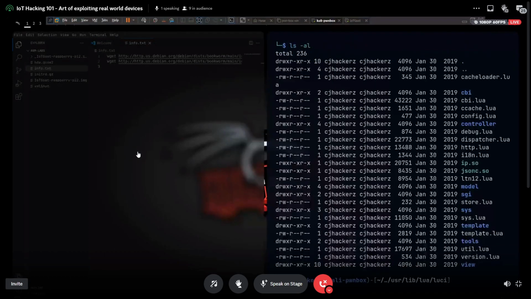Now, my web security experts, tell me which would be the interesting directory I should look into first. If you know MVC, Model View Controller, which directory would be interesting to look into first?